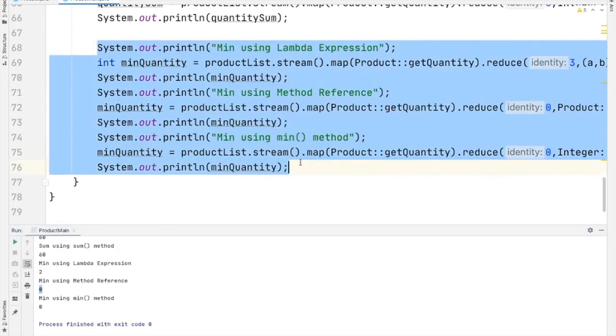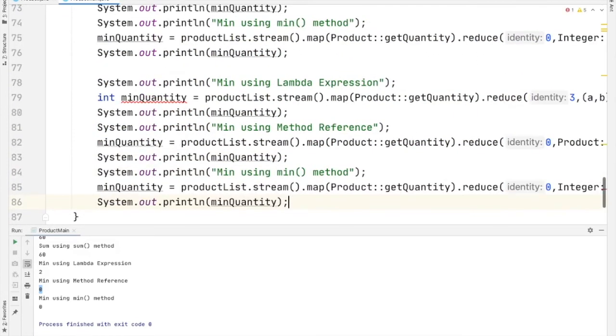For that, just copy all the code and paste it. Change all the required parameters.